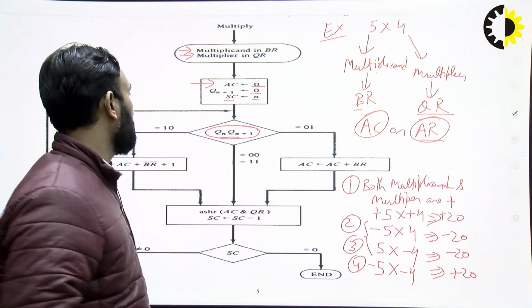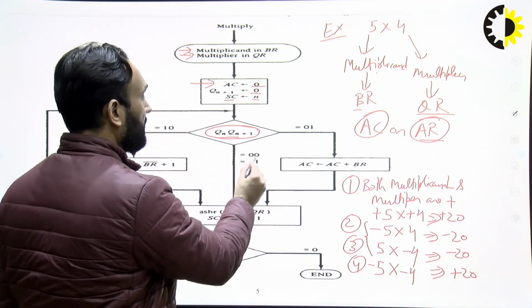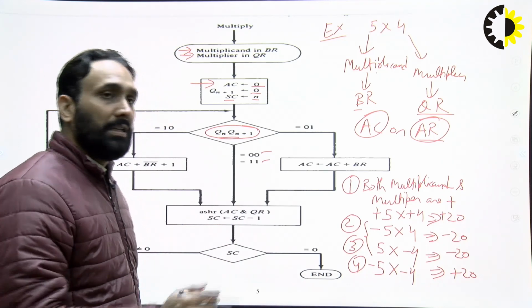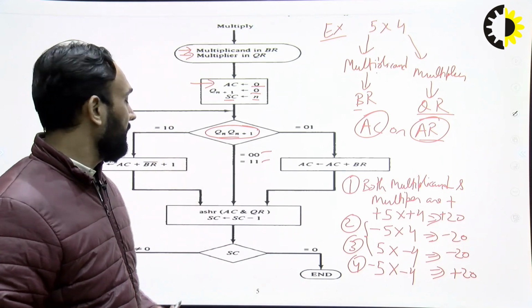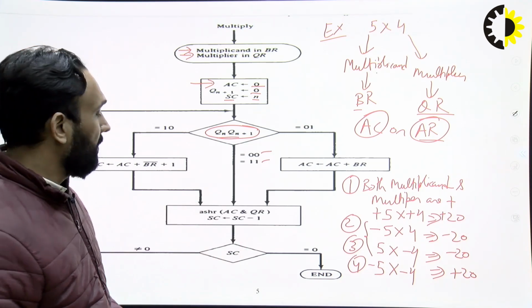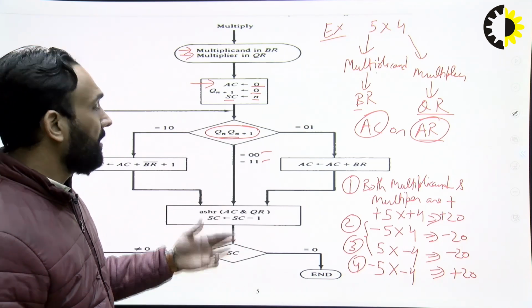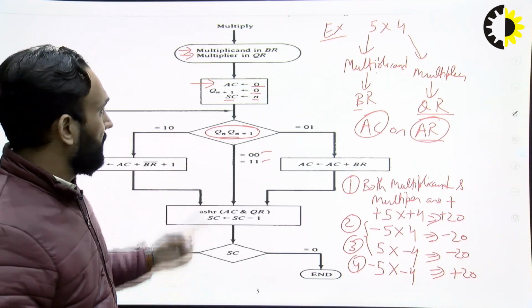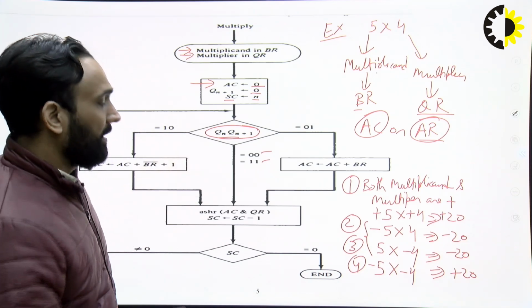values of the Q register. If the value of these two bits is 0, 0 or 1, 1, we will perform the arithmetic right shift, decrease the counter by 1 and check its value. If it is 0, we will terminate our iterations. If it is not 0, then we will go to the same step and repeat it until the value is